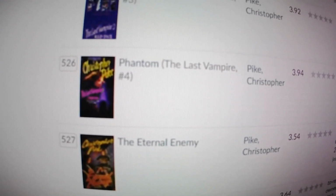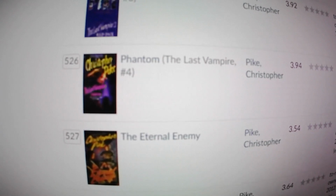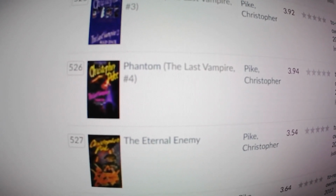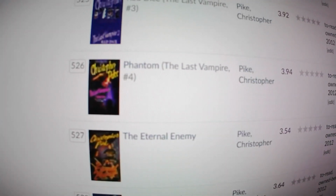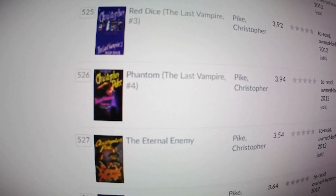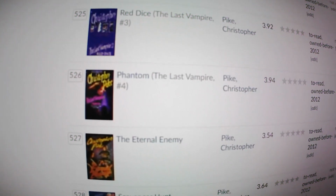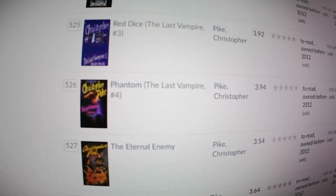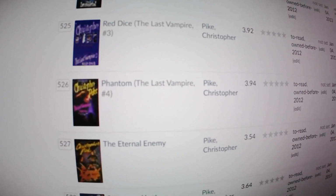So I have only read The Last Vampire, number 1. So I am going to be putting The Last Vampire, number 2 on my to-read list for 2022. So this is a series that was written in the 90s by Christopher Pike, and it is about a woman who believes she is the last vampire, and there's a little bit of mystery involved, and I was a bit